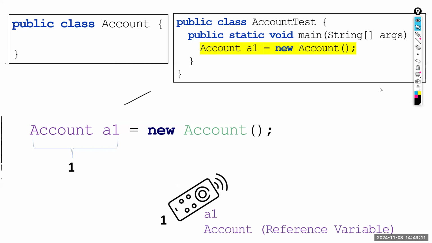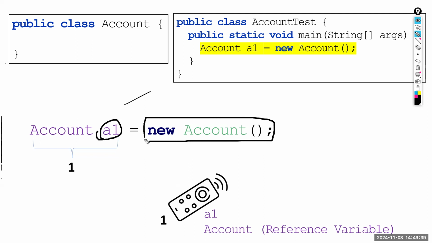So this is a 3-step process. This is called a reference variable of account type. Account is a class, just like you can have int variables, byte variables, string variables, Boolean variables. Now you can have account variables. If you have an account class, or a payment class, you can have payment variables. And this is a variable of account type. You can give any name. This is how you create an object of account class.